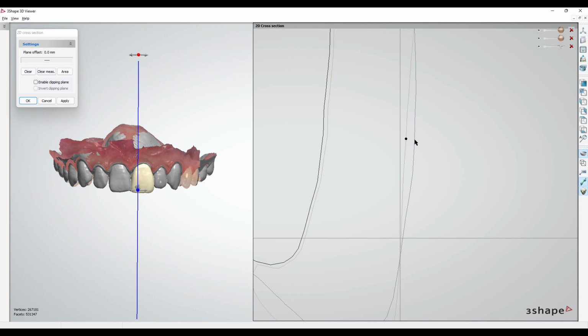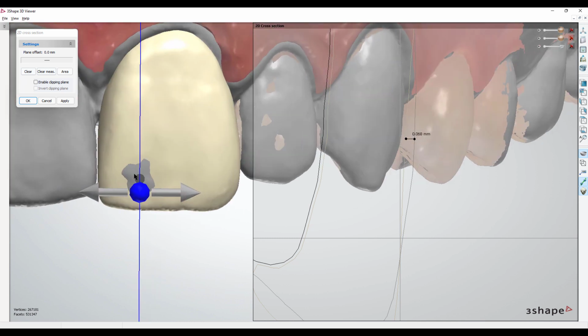Just click here and then click a second point, 0.068. Do you think that I would have quality in my printer to print a reduction guide just to take out this little piece? No. If it's a big reduction, then